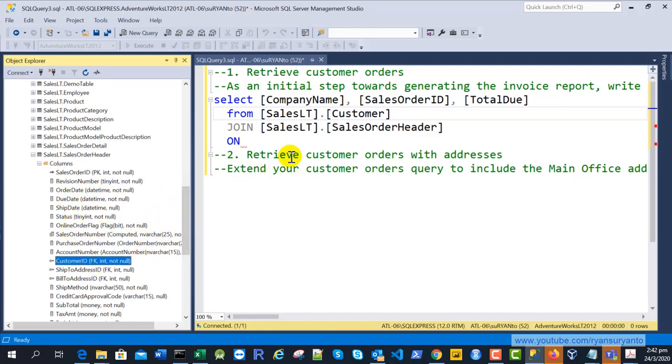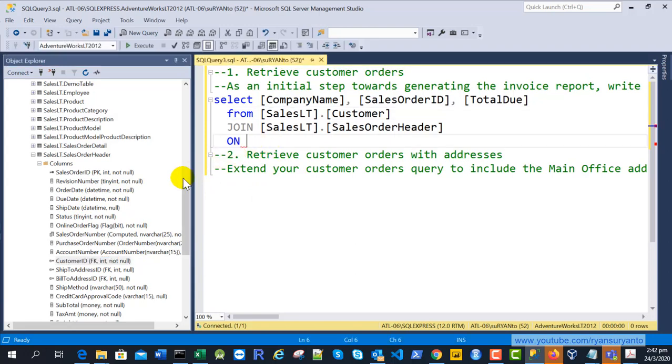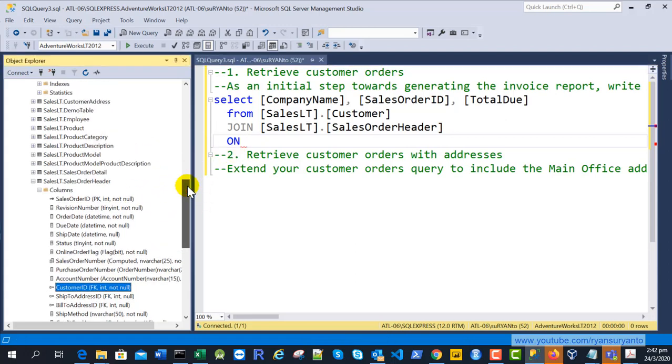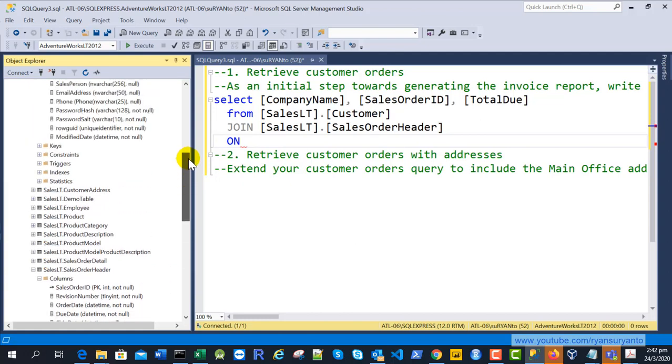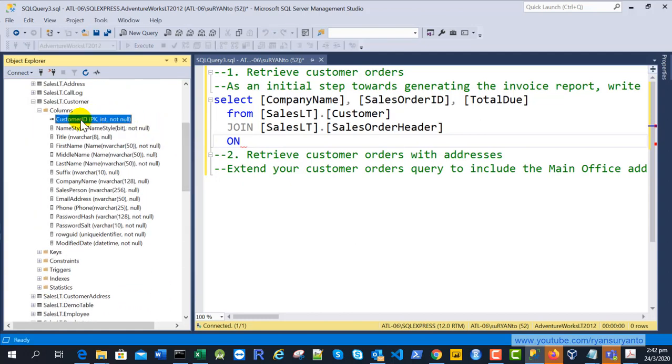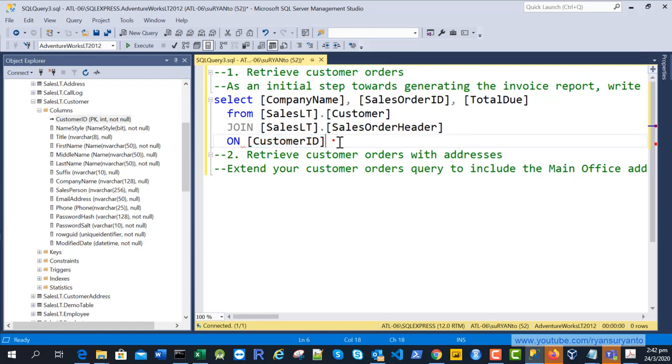So you are going to use these two columns for linking, where this is equal to this.